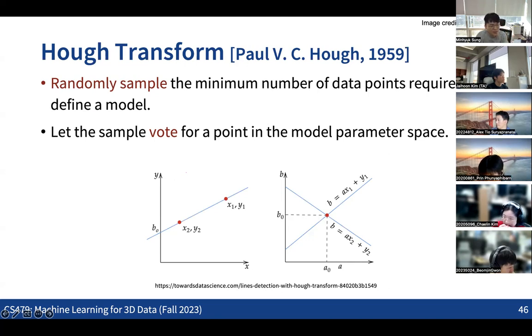So you basically make a line by just picking the 2 points. Then we can see that this line is explaining those 2 points, right? But we also might want to see how many points are explained by that model. But instead of measuring all the fitting errors, what we do is that